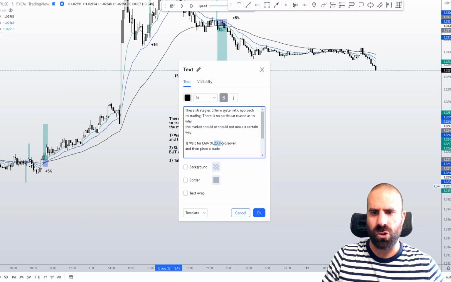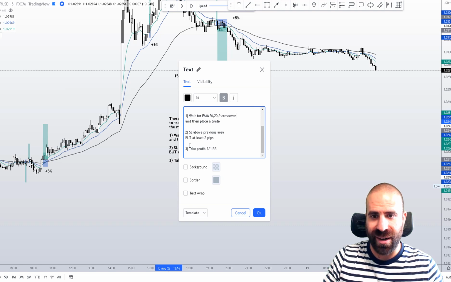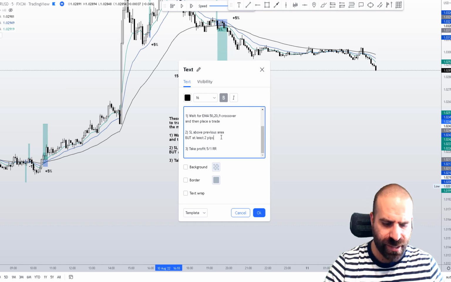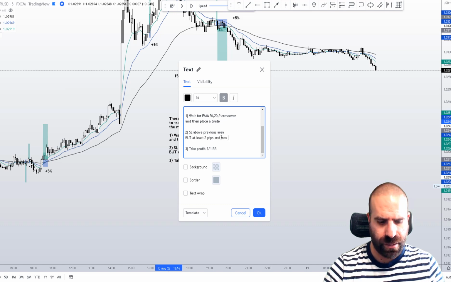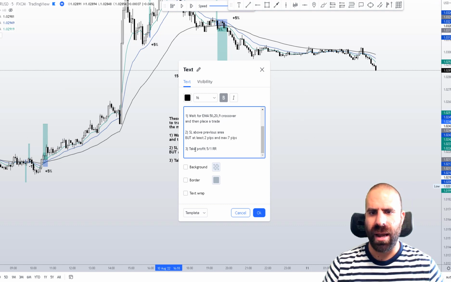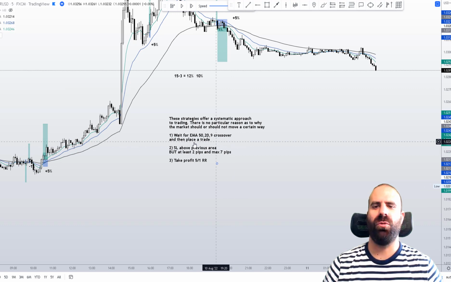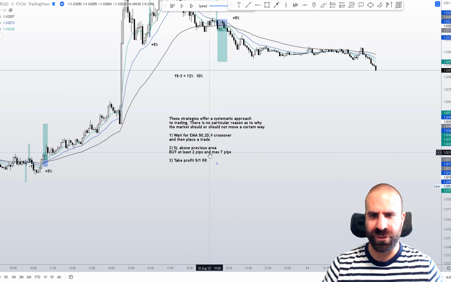We don't care about those two crossing together. This has nothing to do with those two. This has to cross this, and then this has to cross this again. And then we take the trade. And we can place a rule, stop loss above previous area at least 2 pips, and you can say, and max 7 pips, let's say, according to what I showed you right here, and a take profit of 5-1 risk to reward. So we have a fixed way of placing trades, of placing stop losses, and also of taking profits,